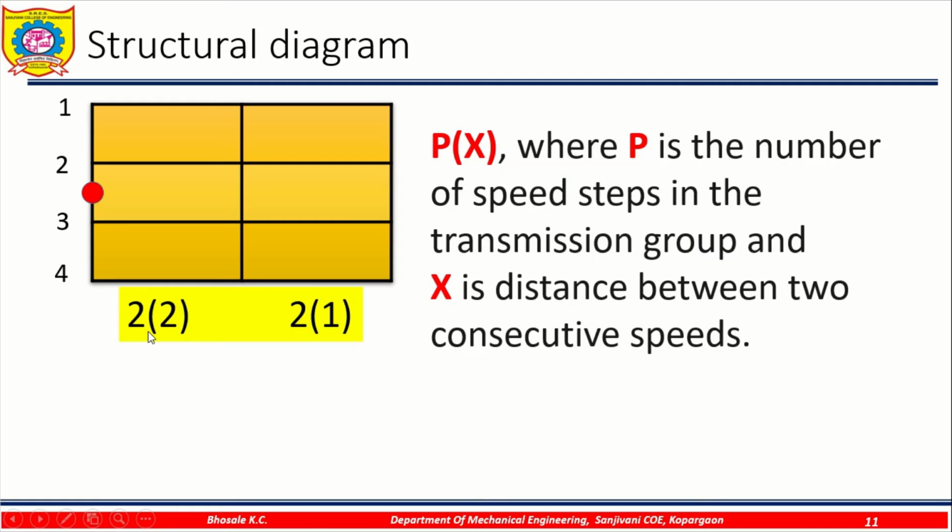Second one is 2 into 2. So on the first input shaft we'll find out the midpoint. From the midpoint there are two rays, but here the distance between the two node points is 2. So likewise the distance between these two node points on the second shaft is 2. So we'll draw the node points like this one, and then in the second stage also there are